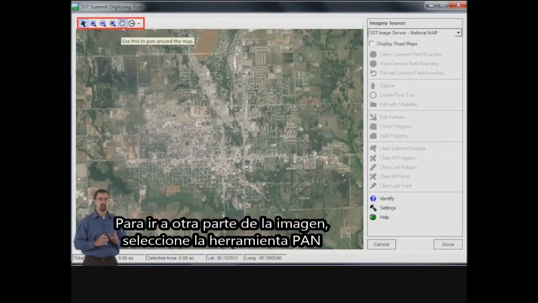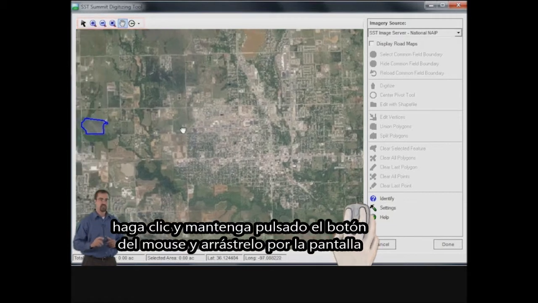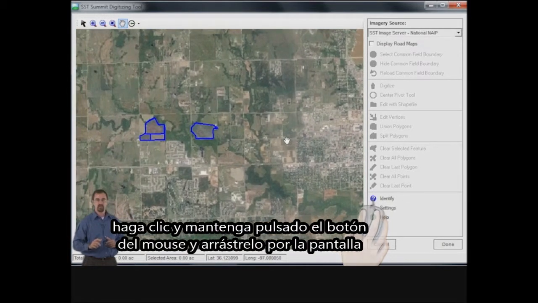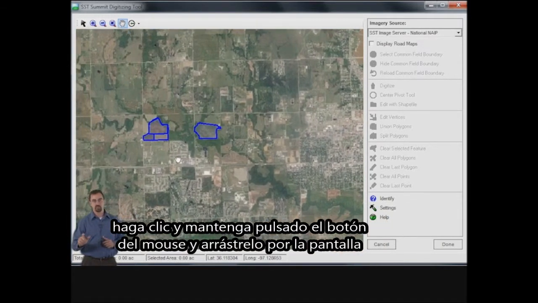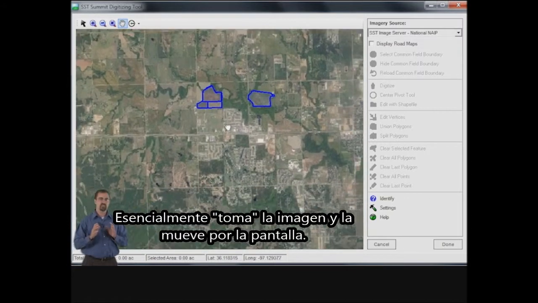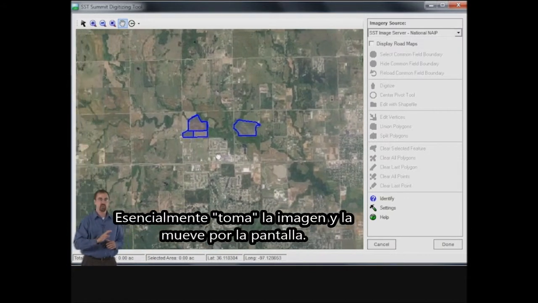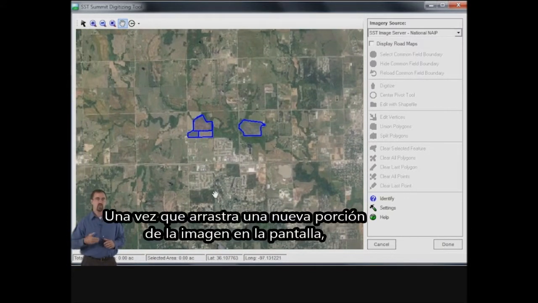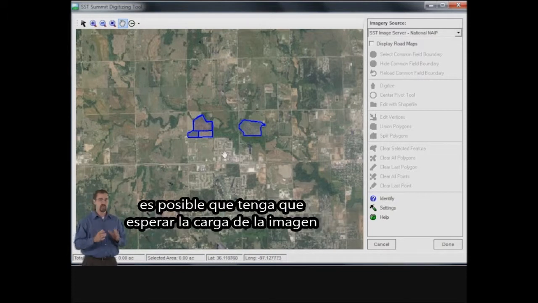To move to another portion of the image, select the Pan tool. Click and hold the mouse button down, and then drag the mouse across the screen. This will essentially grab the image and move it across the screen. Once you drag a new portion of the image onto the screen, you may need to wait for the new